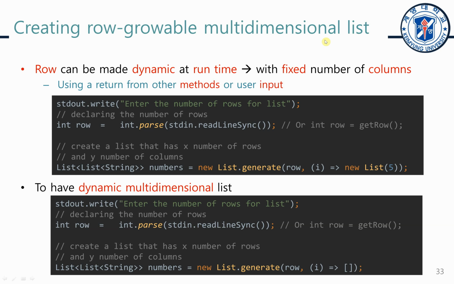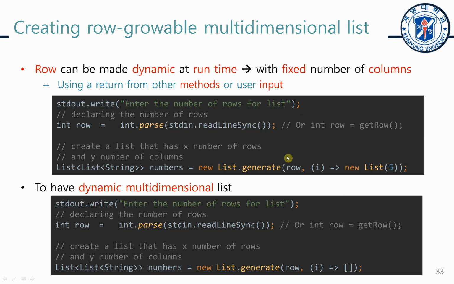So it's not like a growable column, okay? In this case, you can see that the user can determine the number of rows. You can see it says please enter the number of rows, and then the user will enter the number of rows, and we can use this row number to make our